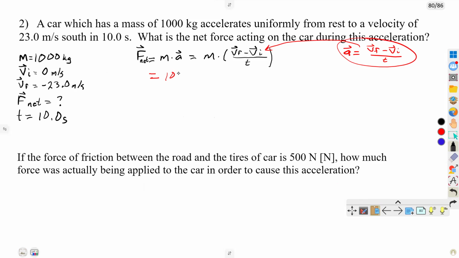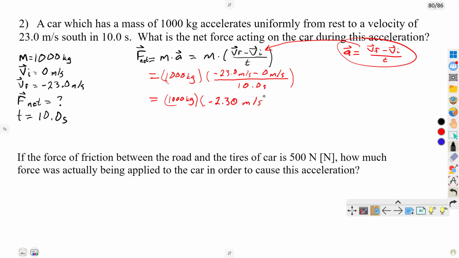So this is what it would look like. We've got our mass, which is 1,000 kilograms. We're going to multiply that by our final velocity, which is negative 23.0 meters per second, minus the initial, which is 0 meters per second. And we're going to divide that by 10 seconds. Okay, so 1,000 kilograms is still going to be our mass. Our acceleration is negative 23 minus 0, which is negative 23, divided by 10 is negative 2.30